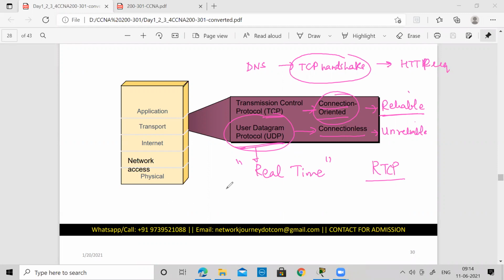There is a quality of service parameter which we are going to study later. Quality of service is where you will see how much latency, how much delay, we can tolerate. When you are having a voice communication over the internet, voice over IP, or video over the internet, all these are real time services. How much delay can you tolerate? Voice is delay sensitive. We just don't like a lot of delay in our voice communication. And video is drop sensitive.